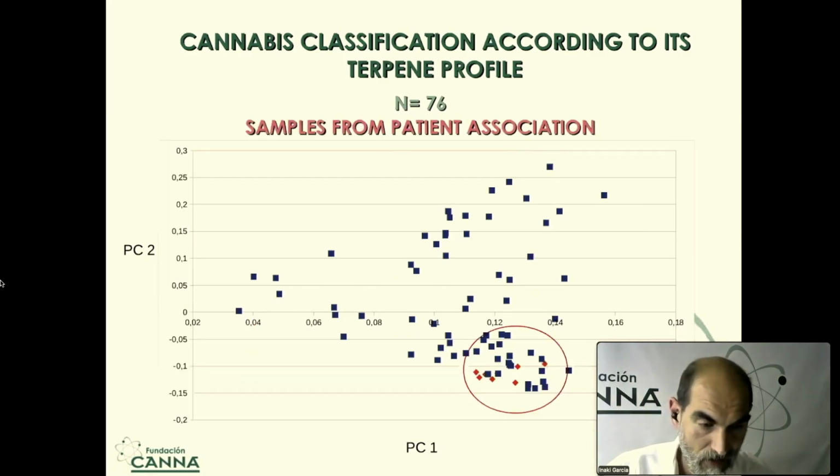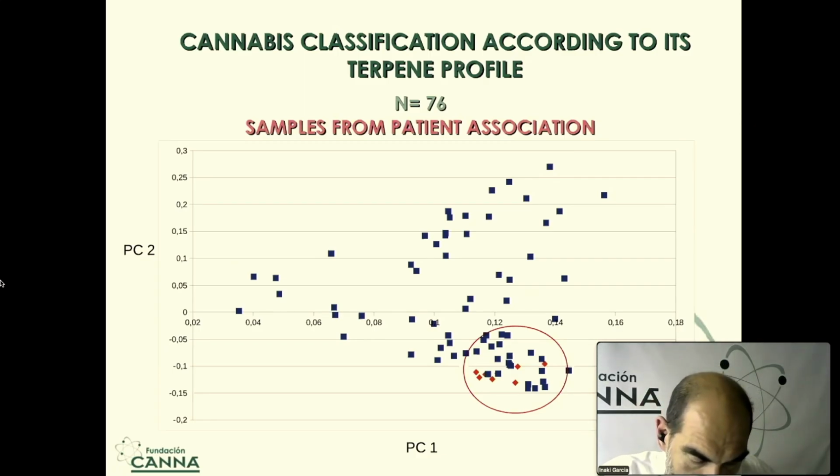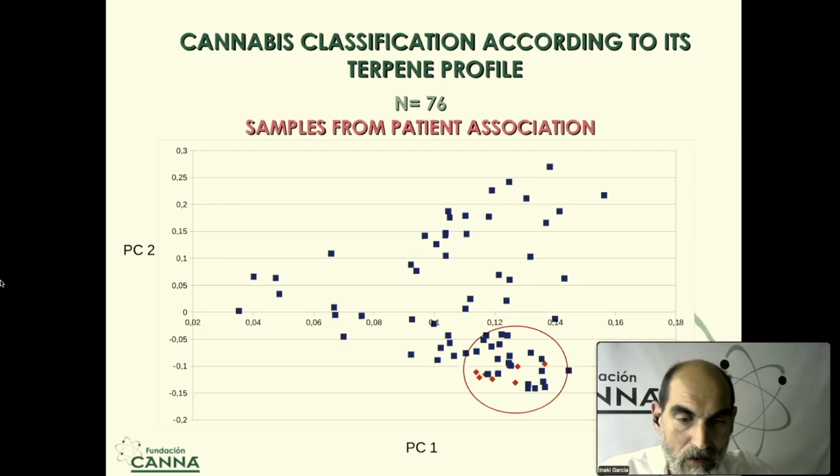And here we have a practical example that can show you how important this is, the reality, at least in Spain, about what variability of aromas the patients here in Spain